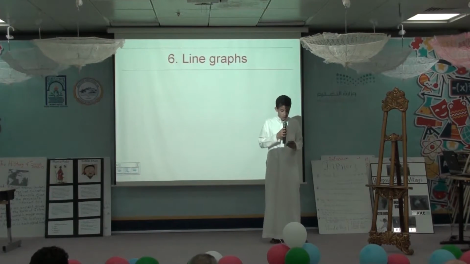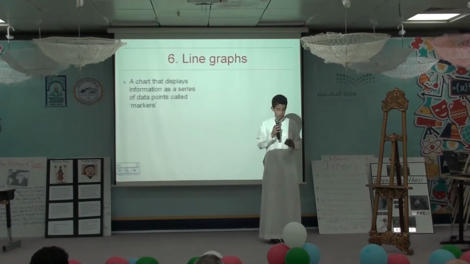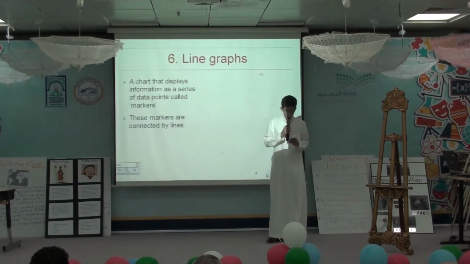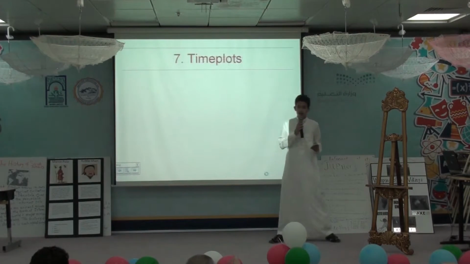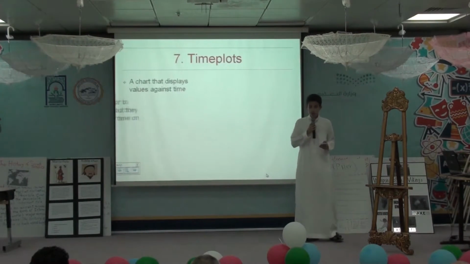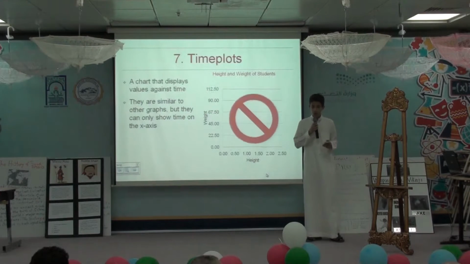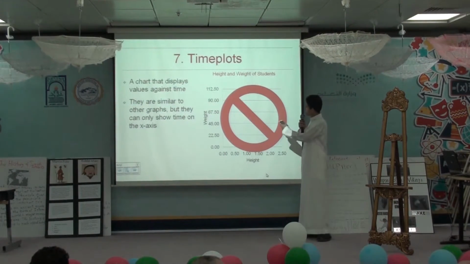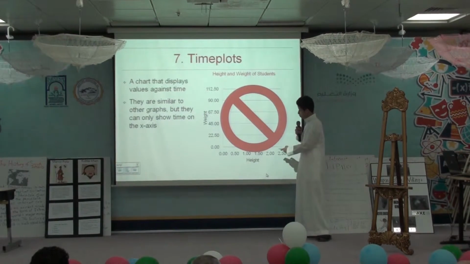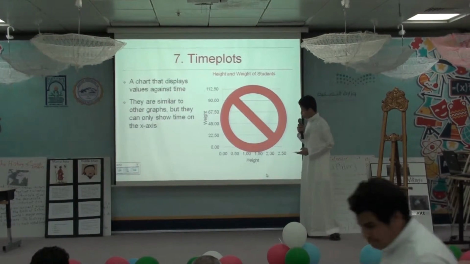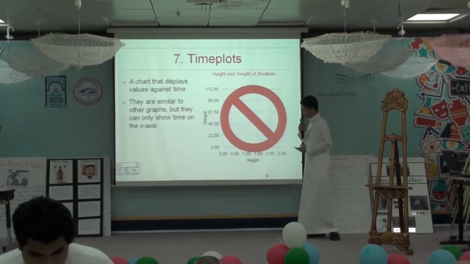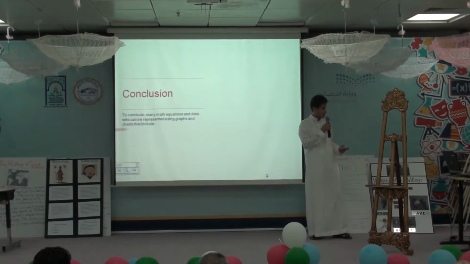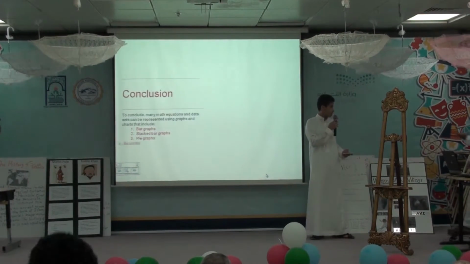A line graph is a scatter plot in which points called markers are connected by lines. Time plots are graphs that display a value against time. They are similar to line graphs and scatter plots, but the only difference is that time should be on the x-axis. As you see in this graph, this is not a time plot because height is on the x-axis and time should be on the x-axis. And now I leave you with Ibrahim as examples of bar graphs and